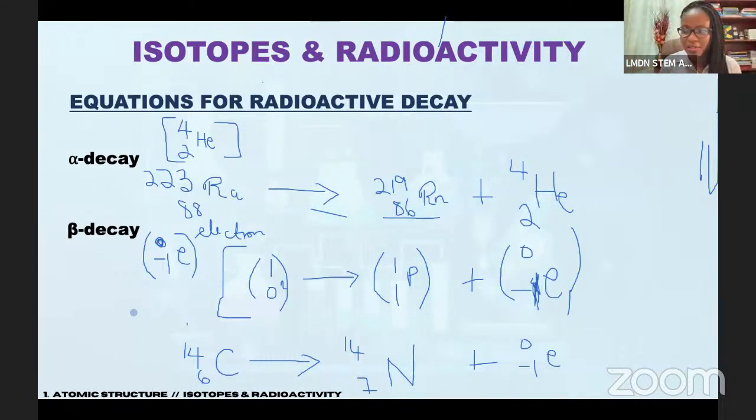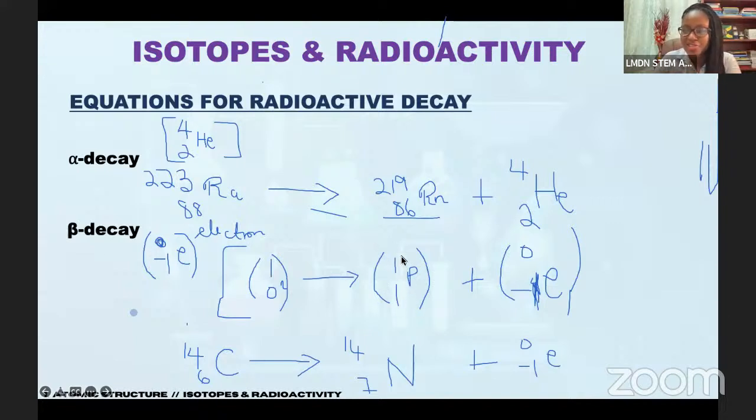They're not in the nucleus. But what scientists have used to explain it is that at the nuclear level, we have neutrons that are converted to a proton and an electron. And that's exactly what I wrote for you guys here. This is how we mathematically represent a neutron. It's 1, 0, n, and I'm showing that neutron being converted to